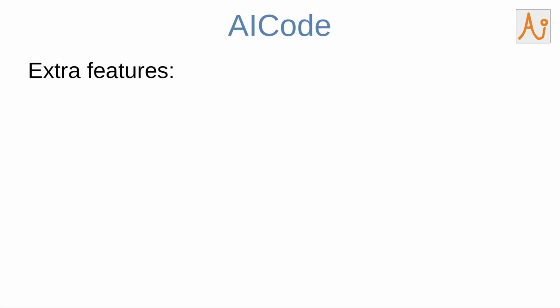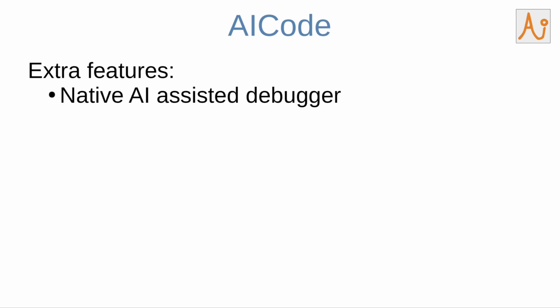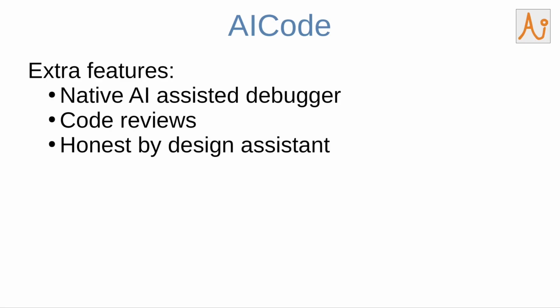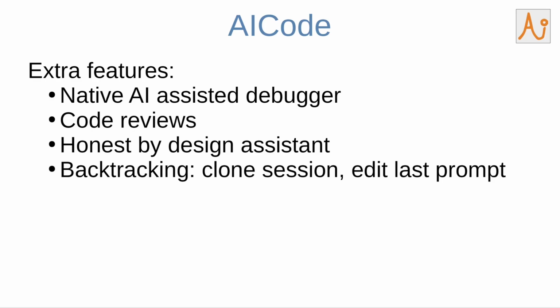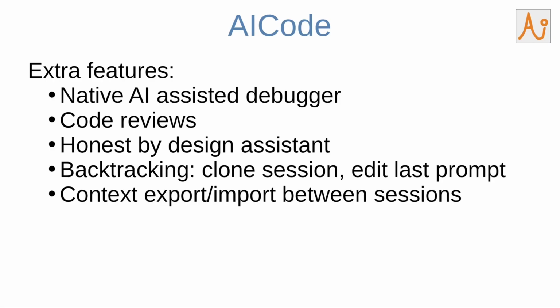AICode is a powerful and complete solution. It includes many other features, such as a native AI-assisted debugger, code reviews of pull requests loaded from Git, GitHub, Jira, or any cloud provider supporting the MCP protocol, a set of system instructions rendering the assistant honest by design, interface buttons allowing to backtrack from any point during chat sessions, several procedures to export and share context between sessions,